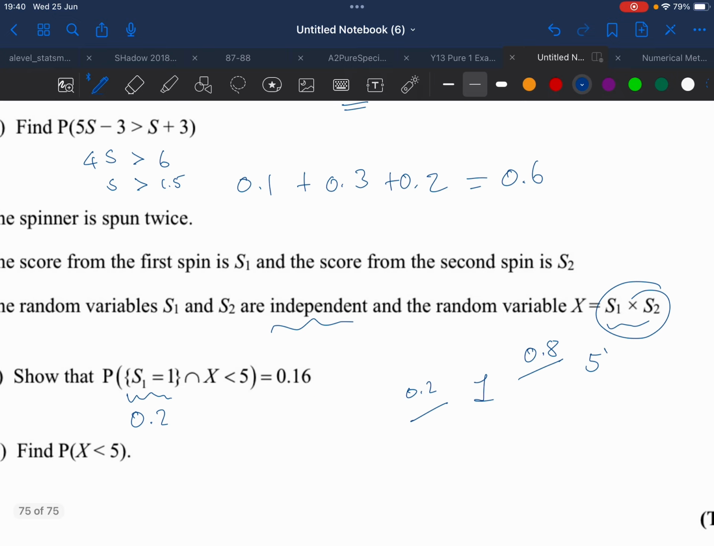So that question looks quite intimidating, but the S1 equals 1 is just saying you get a 1 on the first one, and the next one is such that when you multiply them, the product of those numbers is less than 5. It's actually not as bad as it first looks, all right? So 0.2 times 0.8 equals 0.16. I'd probably add a bit more fluff onto this, which is, I would say something like, it's the probability of,